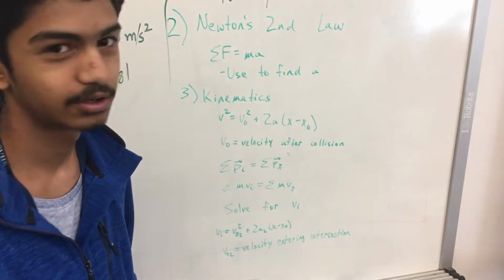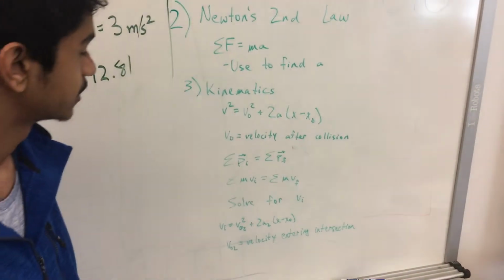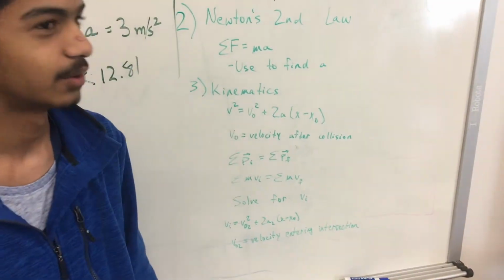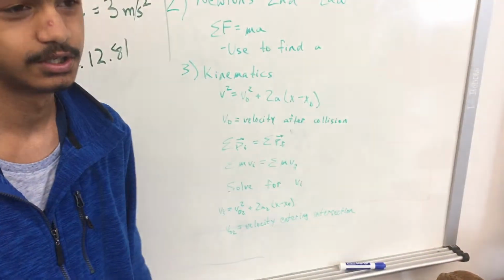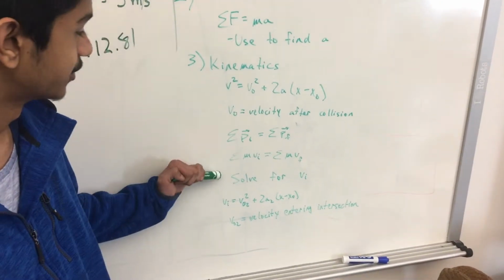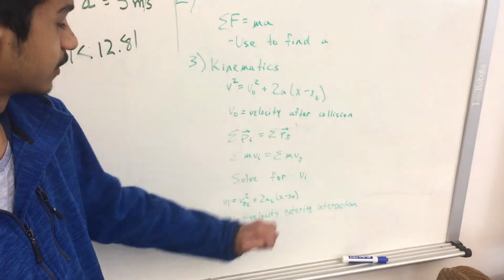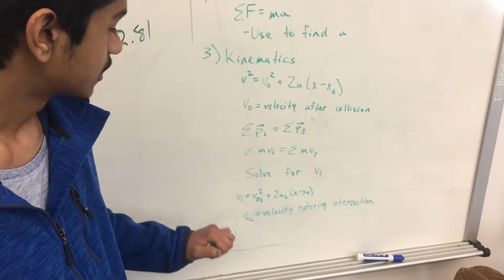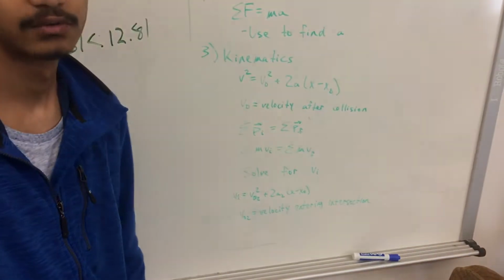So right after the car and truck collide, you can find the velocity of both after the collision using this equation here. Now you have the mass and velocity of the car and truck after the collision. Since momentum must be conserved, you can use that to solve for the initial velocity immediately before the collision. After you know that initial velocity, you know the acceleration of the car and truck, the maximum acceleration. You also know the final velocity. So now you have another initial velocity,